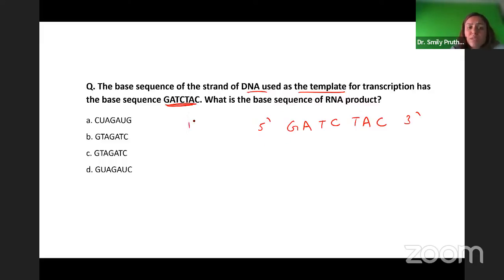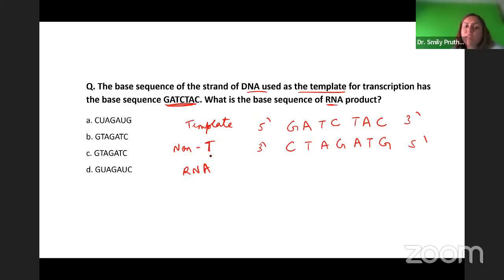Now, this is the DNA template strand. Whenever they have asked RNA, this is a frequently asked question, first we will make the non-template strand. In the non-template strand, everything will be complementary. The direction is opposite: 3' on the left hand side, 5' on the right hand side. So instead of G, we have C, T, A, G, A, T, G. Then whenever you have to do this question, first make the non-template strand and then you make RNA, because the direction as well as the codons of RNA and non-template are the same. We just have to replace T with U,